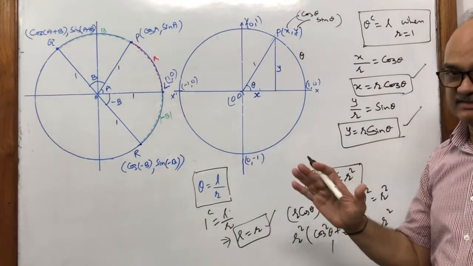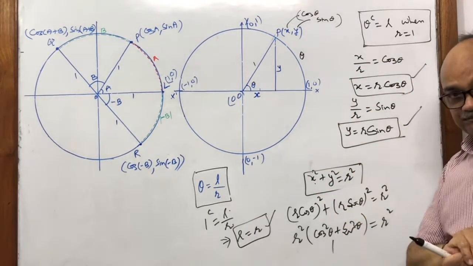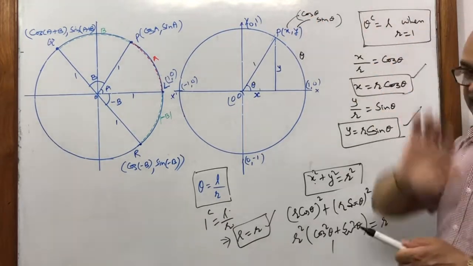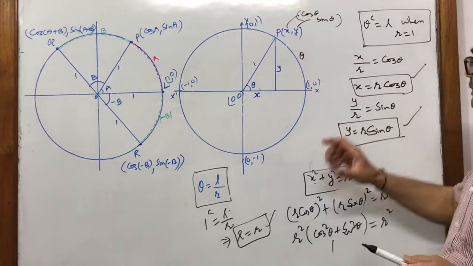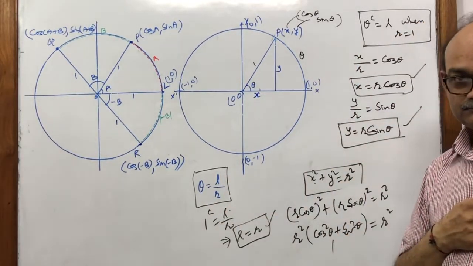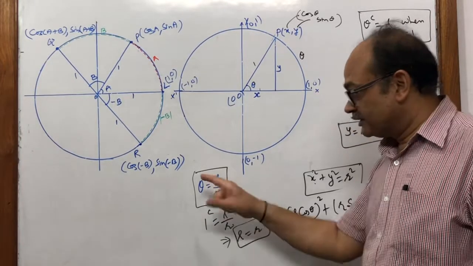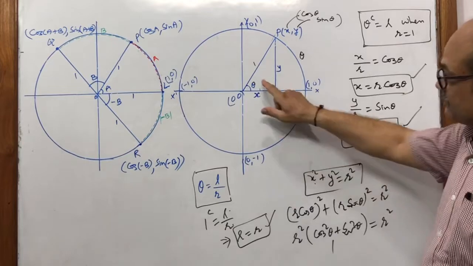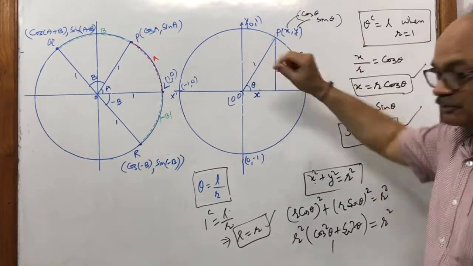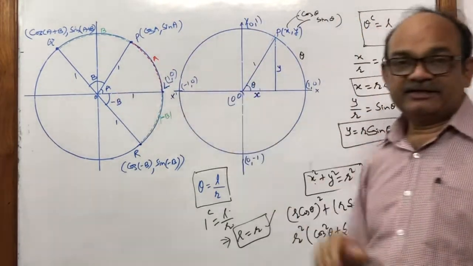So what simple things have we completed? First, the equation of the circle in parametric form. It means the coordinates x and y are nothing but cos theta and sin theta. First point. Second point, we have the formula theta equals L by R. When r equals 1, unit circle, theta is the same as L. This length is theta length, this one is also theta. Now we are using the same concept here.